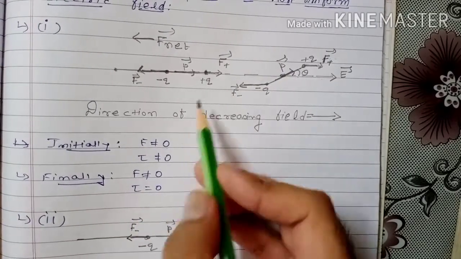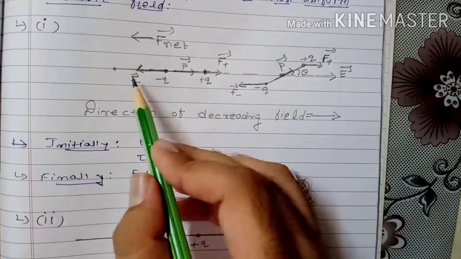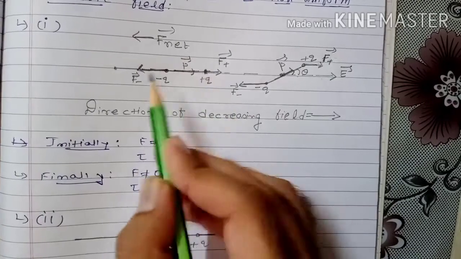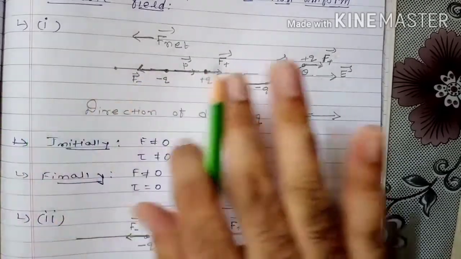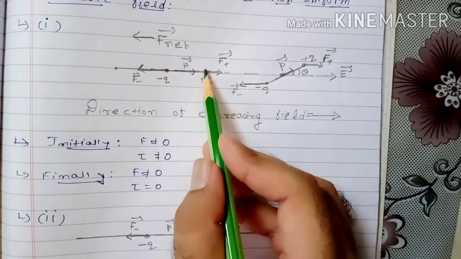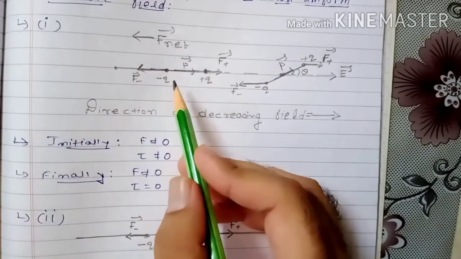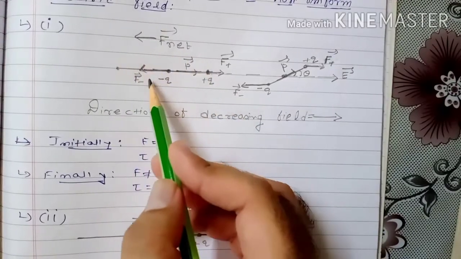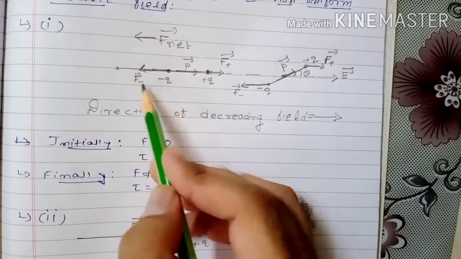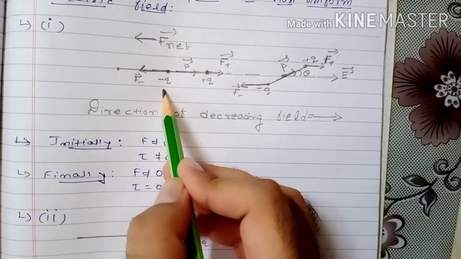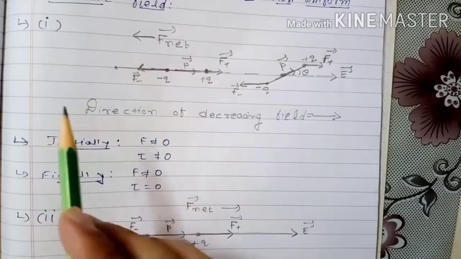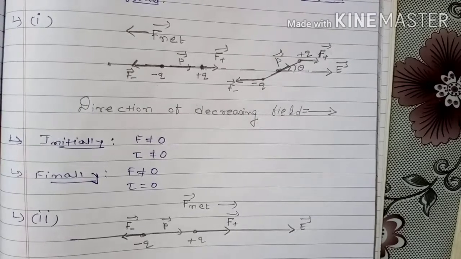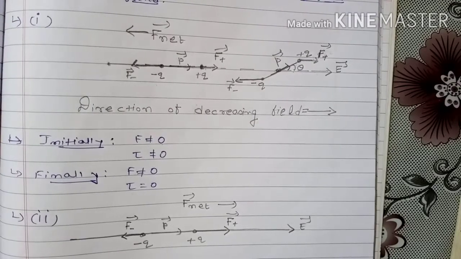But what about force? The force acting on the positive charge, that is F plus vector. The force acting on the negative charge, that is F minus vector. Again, here the force at this point is less and the force at this point is more, because as we move towards the right, the force goes on decreasing. So here the force is less, here the force is more. Therefore, the net force is in this direction, in the direction opposite to the electric field, because the net force is always towards the greater force, and the greater force is acting on the negative charge. Therefore, the net force is in the direction opposite to the electric field, which means the net force is in the direction of increase in the electric field.